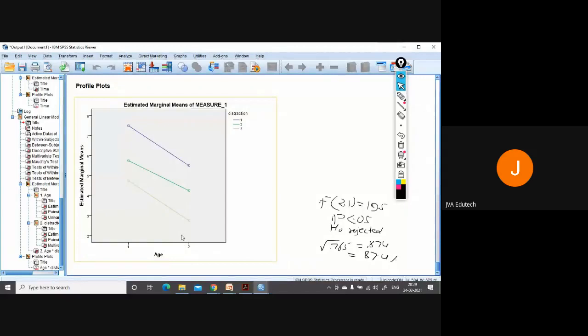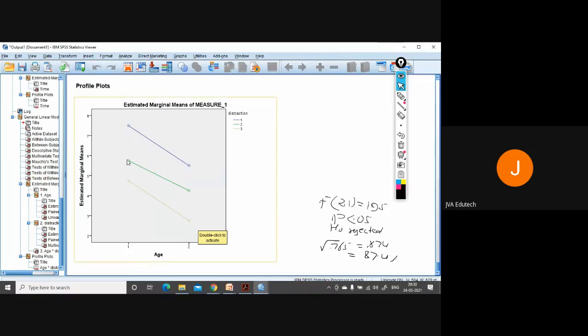Okay, this profile plot. So you can see that distraction decreases. If you can see this, the blue one is category 1, the first level of distraction, closed eyes, that decreases from older to younger generation.